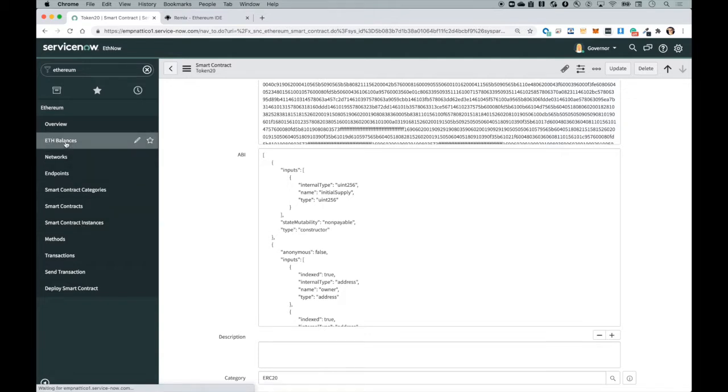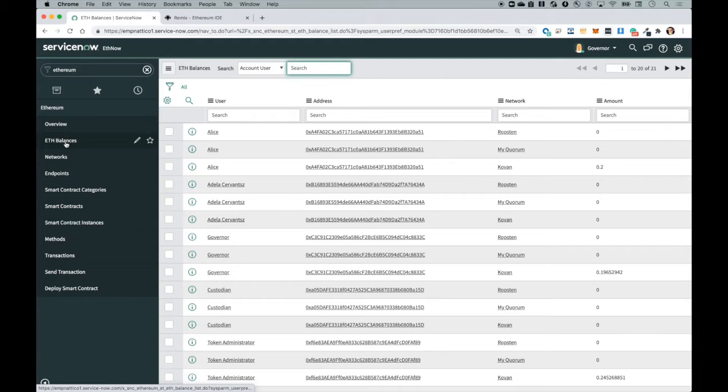the balances. So every user on an Ethereum blockchain has a balance of Ether. For a public network, this is important because the user who sends transactions to the blockchain needs to have more than 0 Ether in order to pay for the transaction fees.